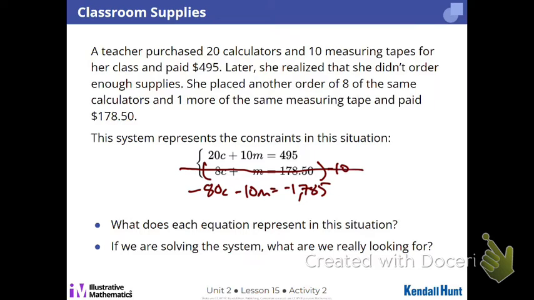So is my new equation true? Yes. If I buy 10 times the calculators and 10 times the measuring tapes, I'm paying 10 times the money. Okay, so now I can add these together. So again, you could multiply by negative 10 or positive 10, but then what do you need to do instead of add? Subtract, which is still Diego method. So when I add these together, I get negative 60C